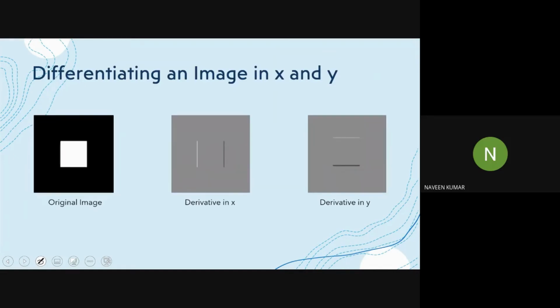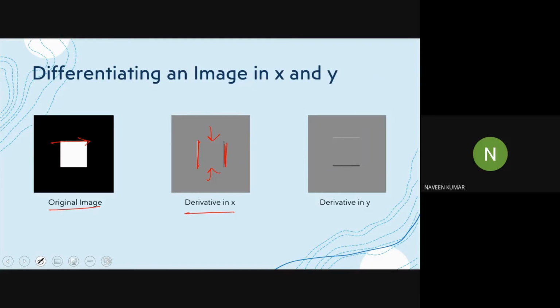So let us differentiate an image in x direction and y direction. Here is our original image, and here is our derivative in x. We can see that it has detected this edge and this edge, but not the edge present over here, because there is no change in this direction for the x derivative.